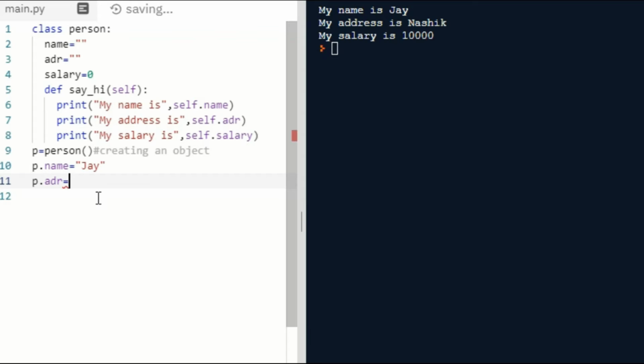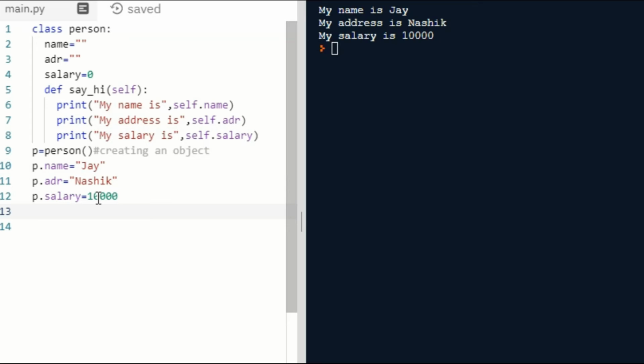equal to, say, Nasik, P dot salary, say, 10,000. So here we have assigned the data members with the actual values. Let us call the member function say hi.